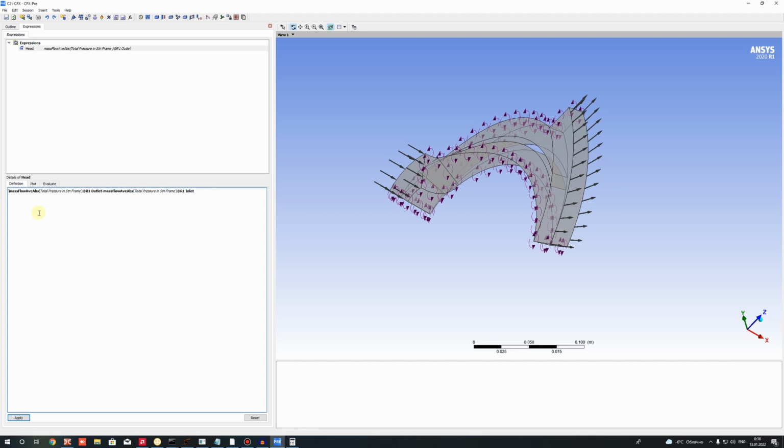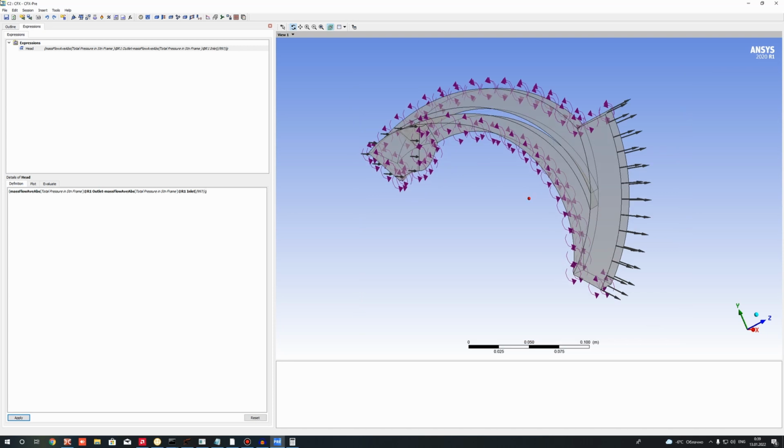Let's define all this expression. For density, it will be 1000, and for g, it's the gravity constant, and click apply. You will get the head of this pump impeller. So let's click outline, click save,